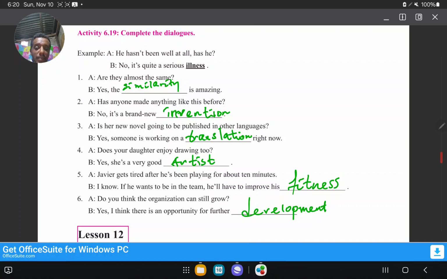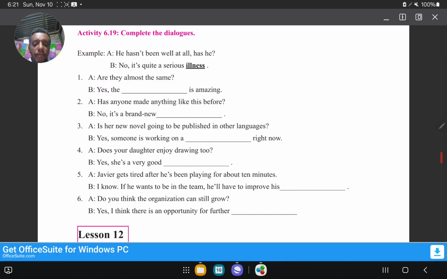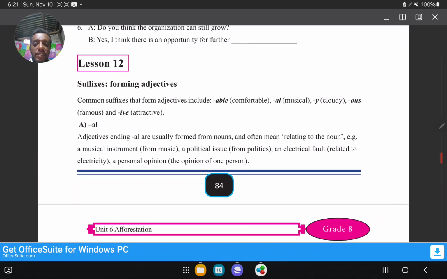Students, are you coming up with right concept about suffix and prefix? ጥሩ ሐሳብ ይዛችሁ እየሄዳችሁ እንደሆነ አስባለሁ። So next after this one, lesson 12, suffix forming adjectives. አሁን ቅድም ምን አየን? ናውን ፎርም የሚያደርጉ አድጀክቲቮችን አይተናል። አሁን ደግሞ አድጀክቲቭ ፎርም የሚያደርጉ ሰፊክሶችን እናያለን ማለት common suffix that form adjective include able, al, y, ous and ive እነዚህ ካሉ ሁልጊዜም ቢሆን this is an adjective describe ነው የሚያደርግላችሁ ማለት ነው አንድ ነገር okay.